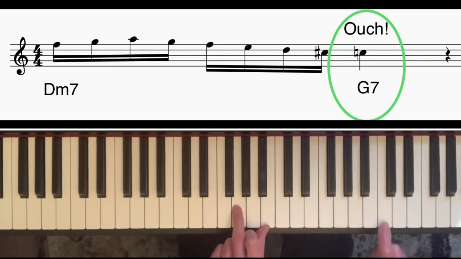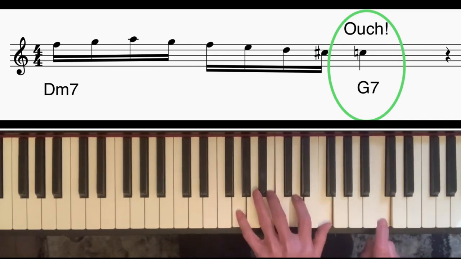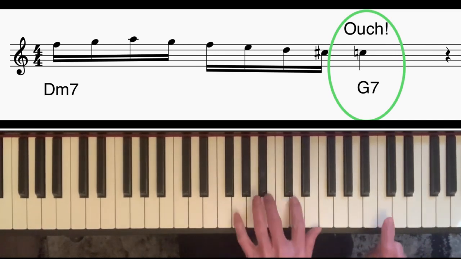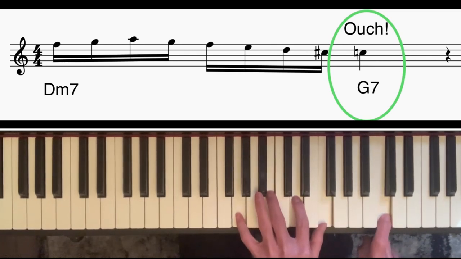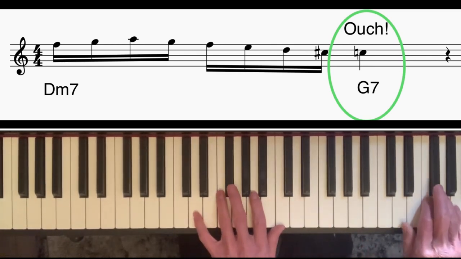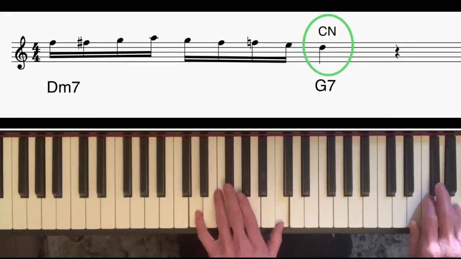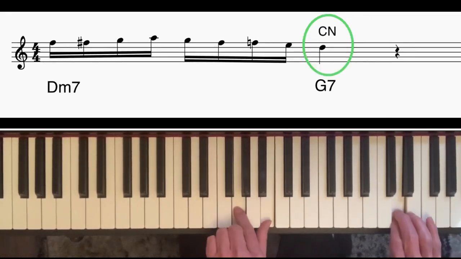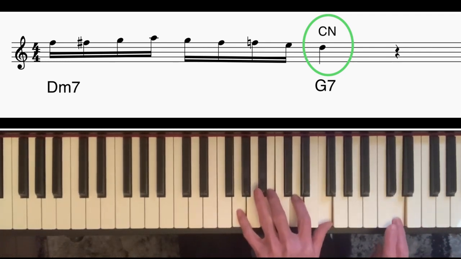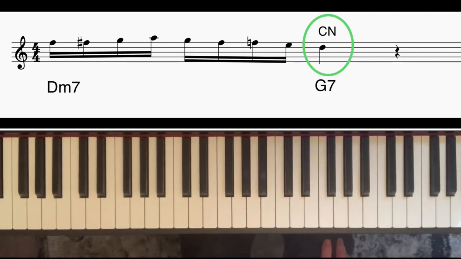You've landed on C, which clashes very badly with the B in the G7 chord. Whereas if you played the bebop dominant scale, starting in the same place, you would go... So when you get to G7 there, you're landing on D, which is a chord note. So the bebop scale makes it much easier for you to think very quickly when you're improvising over a